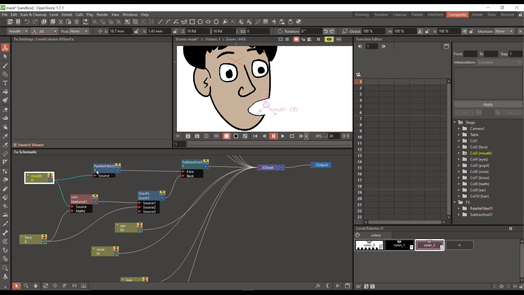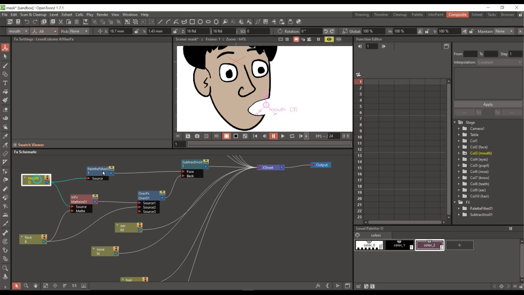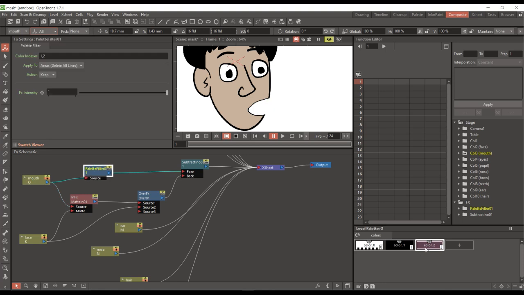So it is going from mouth layer to palette filter, and which part to select from here, only areas, so no outlines, so delete all lines and this action to keep. So here it translates to only this color, this dark brown color, and from there it goes